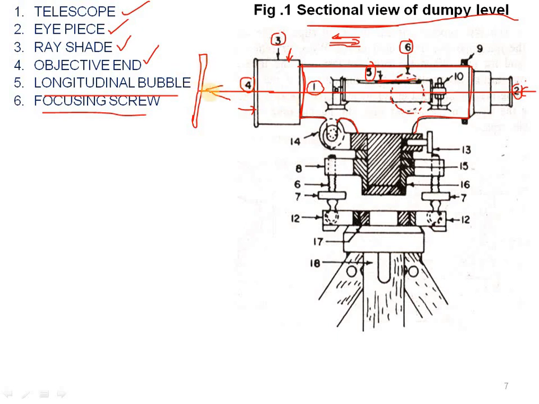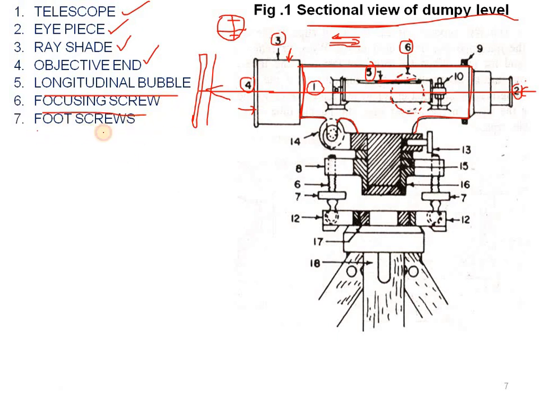when you operate this focusing screw, the object at a far distance, and the clear lines in the object glass, the diaphragm lines, will be visible very clearly. While doing the focusing, we have to keep a white paper in front of the object glass. When we keep the white paper there, the three lines present in the diaphragm are seen: one center line, vertical, and the horizontal, and one upper and one lower. These lines will be there in the fourth one, the objective end, the object glass. So by this focusing screw we can clearly sight the object.